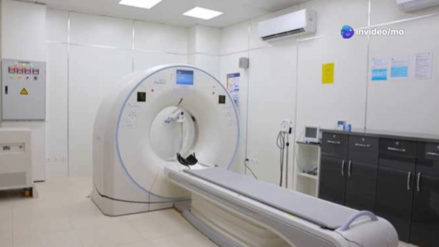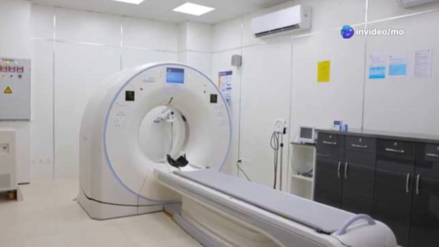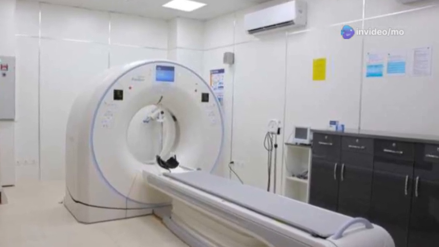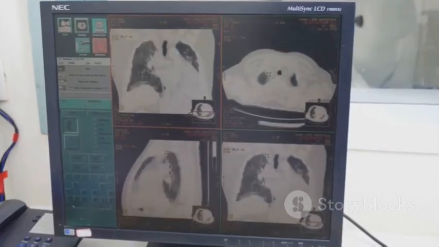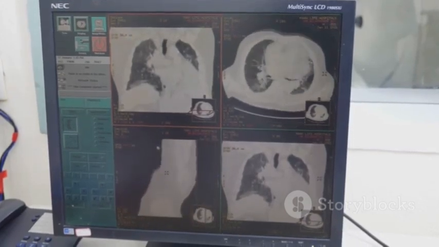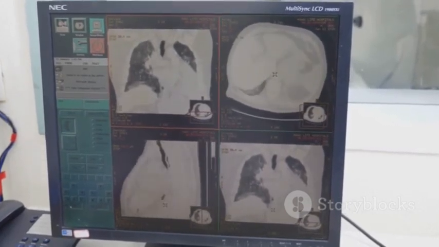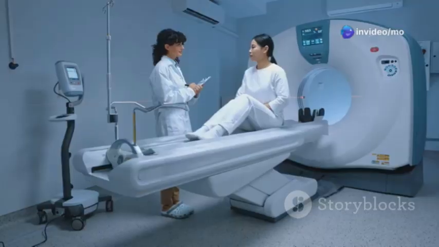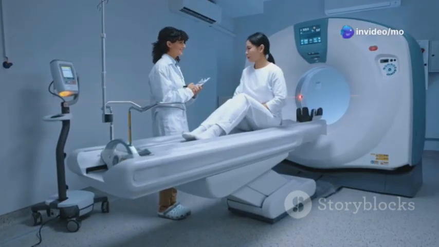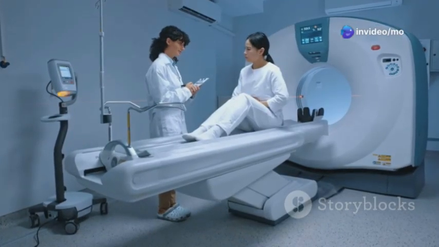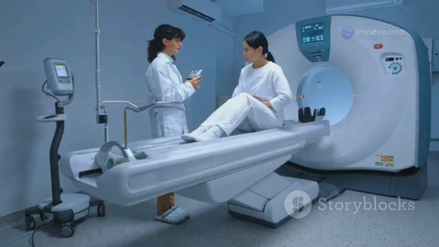Section 5. Painting a clearer picture. Contrast agents in CT scans. Sometimes the natural contrast between different tissues in the body may not be sufficient to clearly visualize certain structures or abnormalities. In such cases, contrast agents, also known as contrast media, are used to enhance the visibility of specific organs,